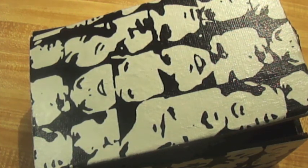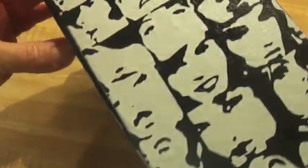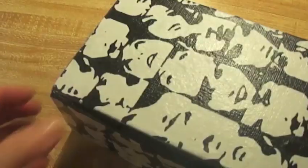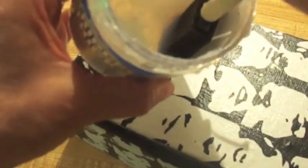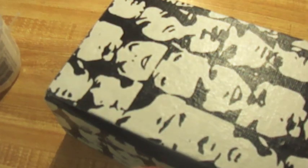Here is our pretty unique black and white finished box. It's finished as far as decoupage and painting goes. I'm going to put a glossy top coat on. As you can see, the paint I used is a glossy black. So as I use this very, very shiny top coat, one thing when you're using this, if you're using the triple thick, which I recommend, you do have to get used to using it because it is so thick